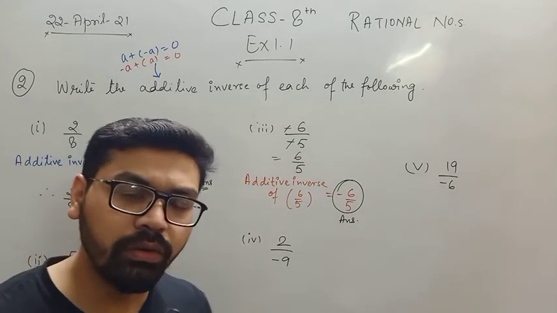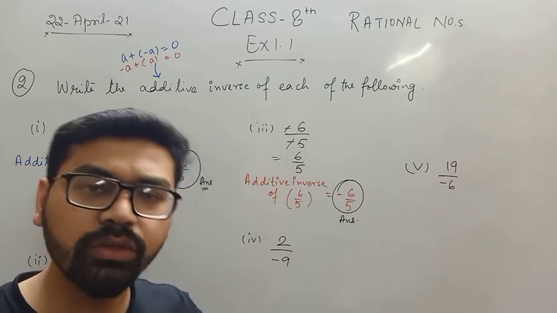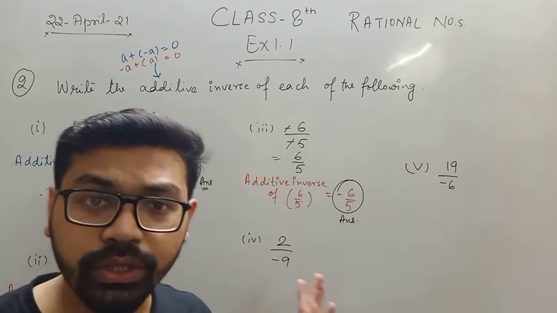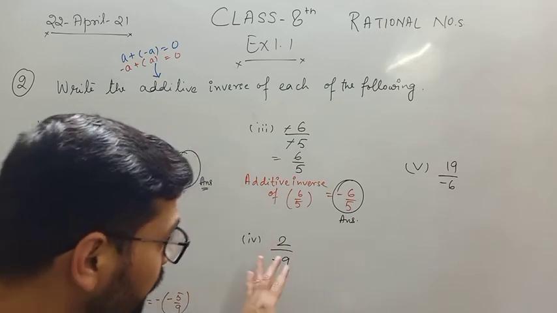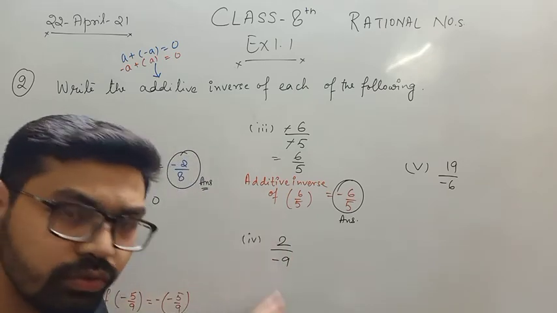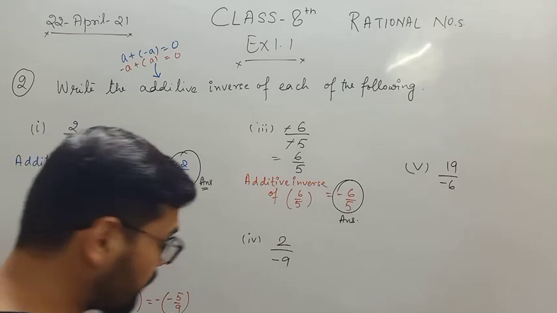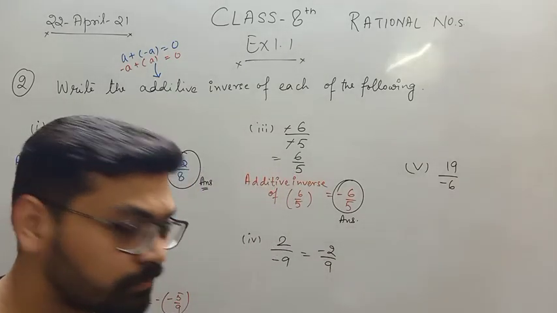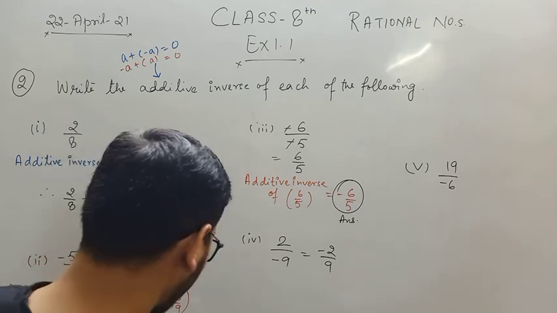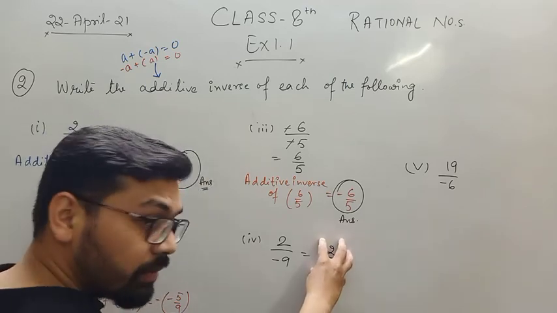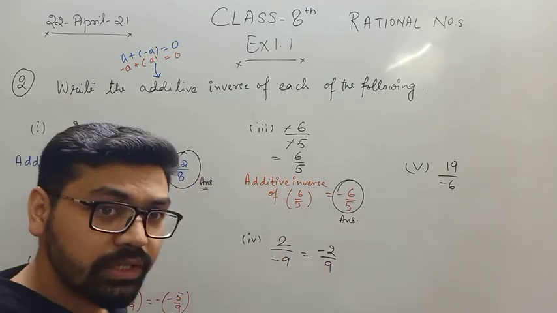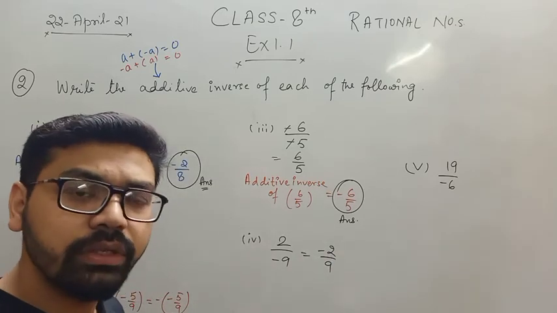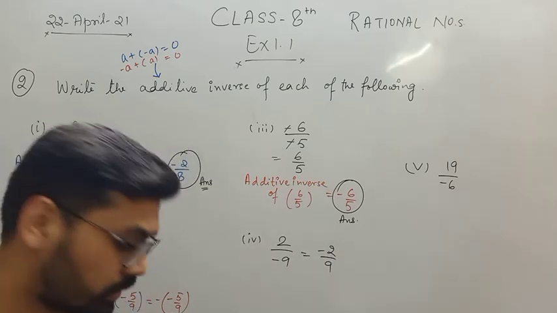Beta, if you have any doubt, I'll clear that doubt in the Zoom session or any later sessions. But try these questions and watch these videos. Okay, so now the next fraction is 2 upon minus 9, which can also be written as minus 2 upon 9. Any doubt in this? Now I already have a negative number, so the additive inverse of this number will be positive, right? If this is minus 2 upon 9, then the additive inverse is plus 2 upon 9, right?